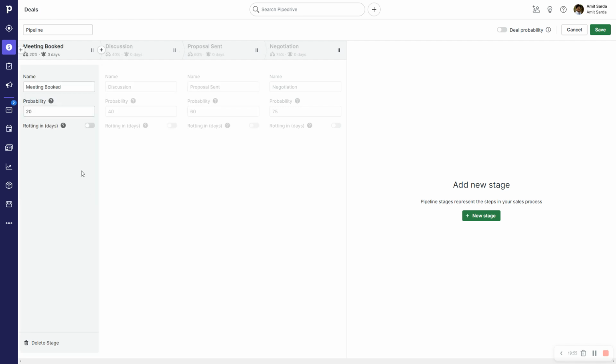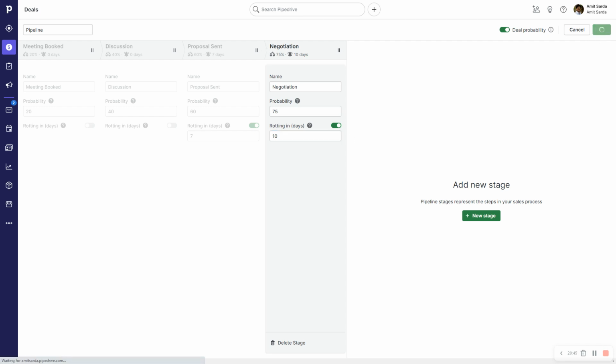So I already defined probabilities for each stage while I was renaming my pipeline stages. I'm going to switch on deal probability, and deal rotting I'm only going to have for proposals and negotiation. So what deal rotting in this case would mean is, if 7 days have passed since I sent a proposal, it's very likely that this will not convert. And the same case for negotiation, let me call it 10 days. So if I have been negotiating with a client for 10 days, it's highly likely that that conversation is not going to go anywhere. I'm going to save this,